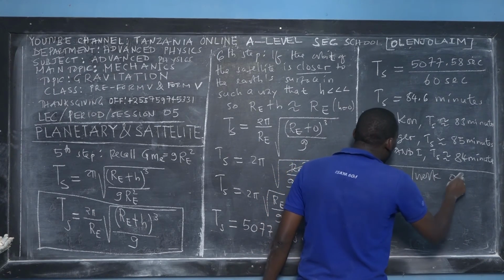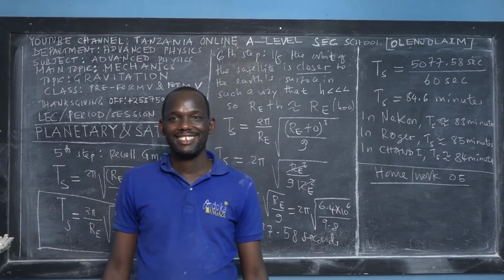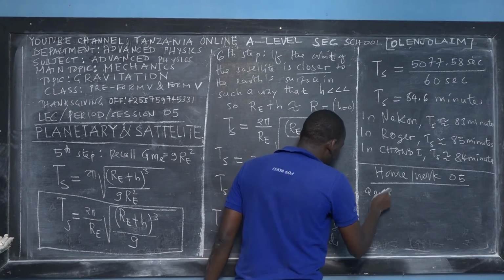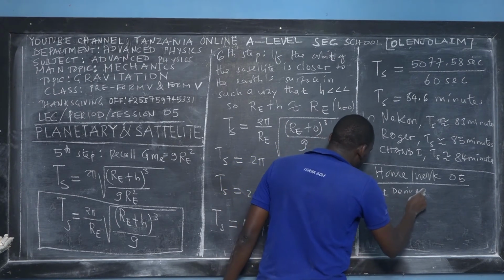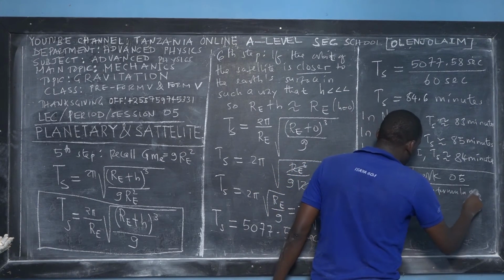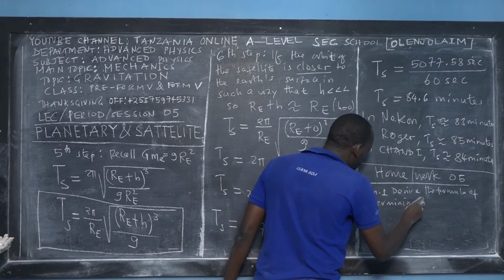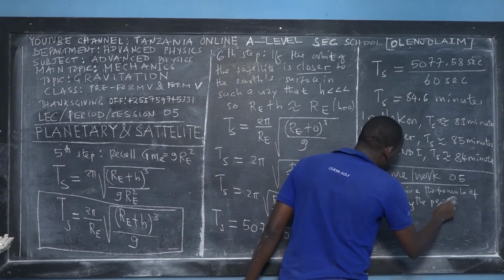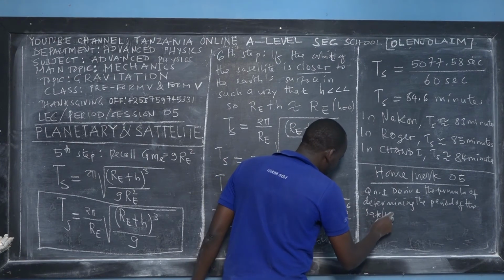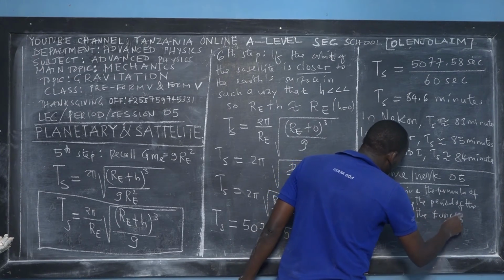And this is homework 5. I have 2 interesting questions. Don't worry. The first question, question 1 of this homework: derive the formula for determining the period of the satellite as a function of